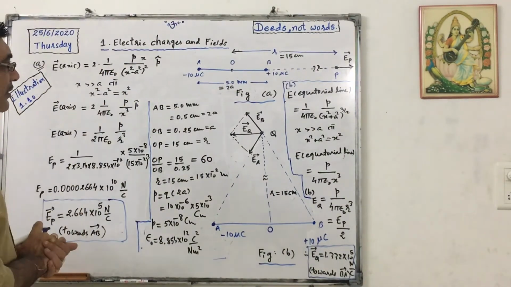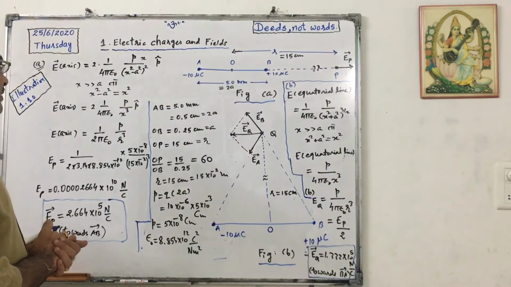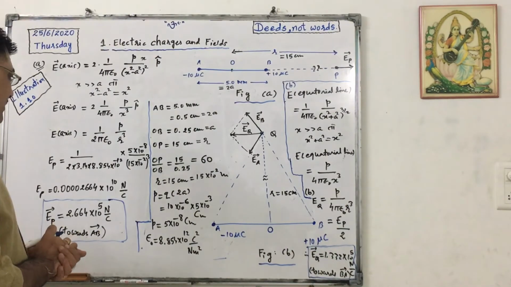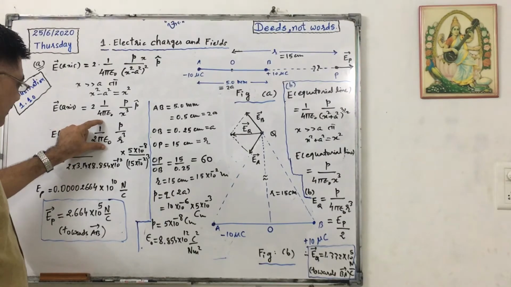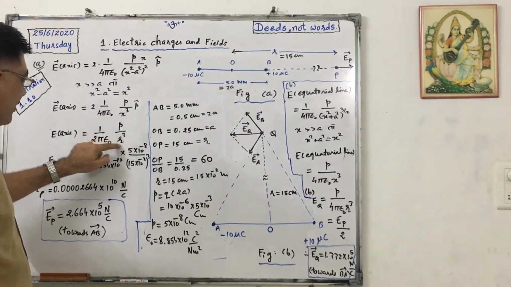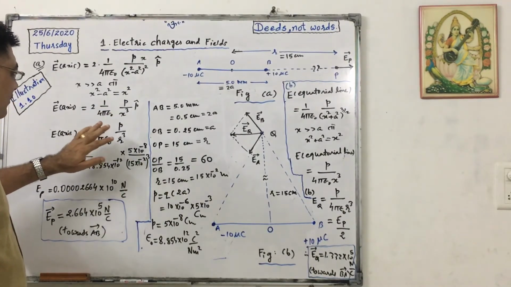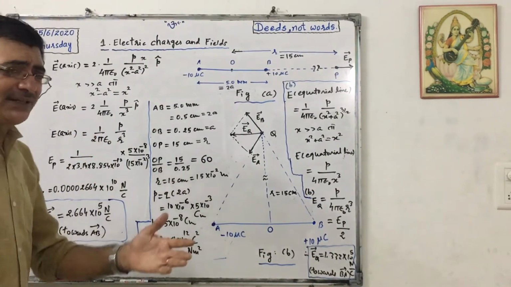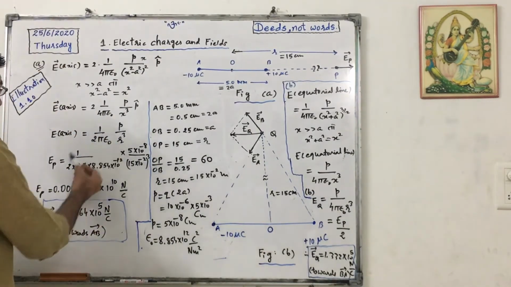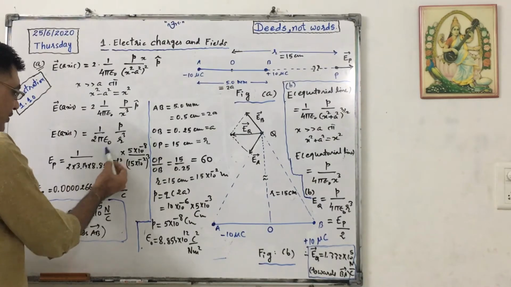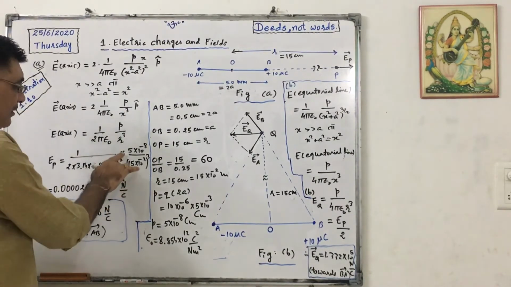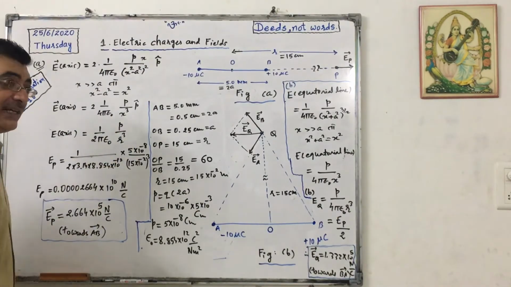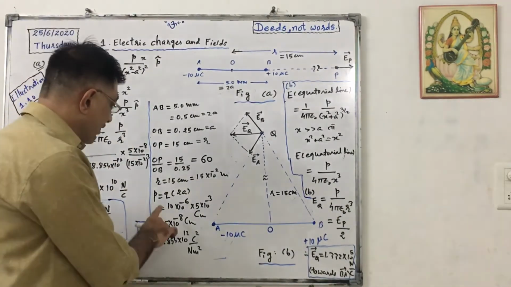Here we have written r in place of x. So 2 by 4, that is 1 upon 2 pi epsilon naught into P upon r cube. Initially we will find out the magnitude, then we will add the direction. So 1 upon 2 into 3.14 into 8.854 into 10 raised to minus 12 multiplied by now P, that is the electric dipole moment, that we have to calculate here.